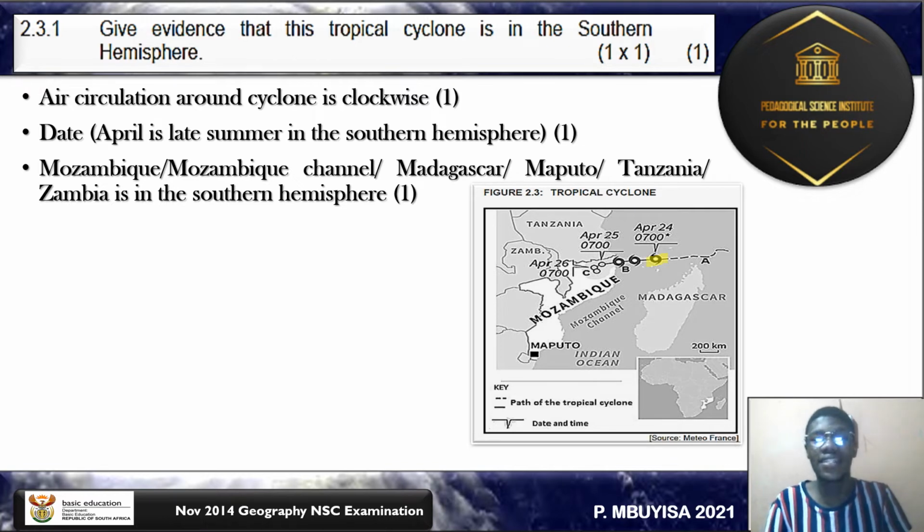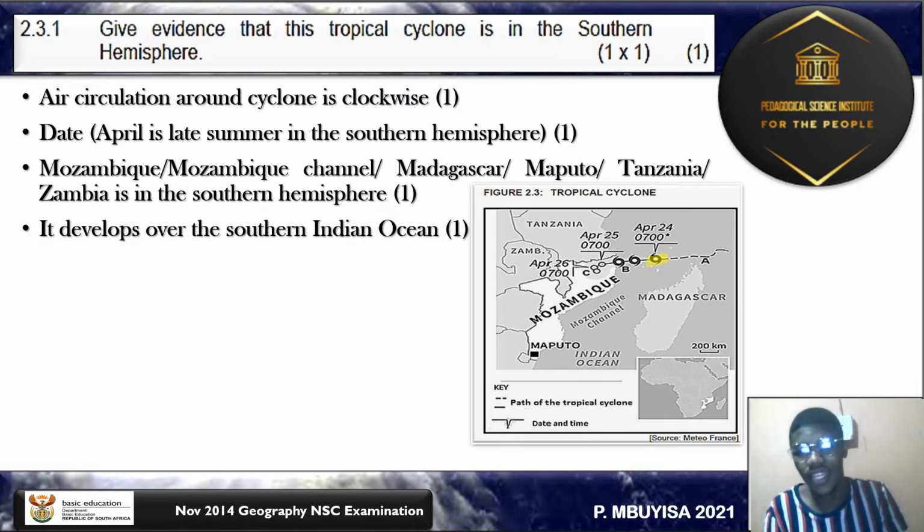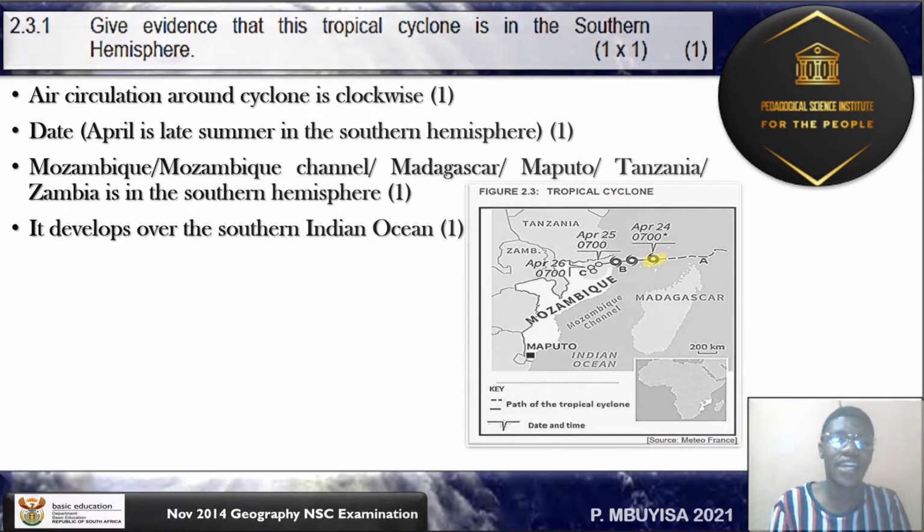Remember that the tropical cyclones affect us late summer, and it's usually late summer, early autumn in the month April. So remember that point too. And then it's also on the Mozambique Channel, and also next to Madagascar, Maputo, Tanzania, Zambia, and all of these are countries that are in the southern hemisphere, or regions in the southern hemisphere. And it develops over the Indian Ocean, the southern Indian Ocean. So that also tells us that it's in the southern hemisphere. So let's look at the next